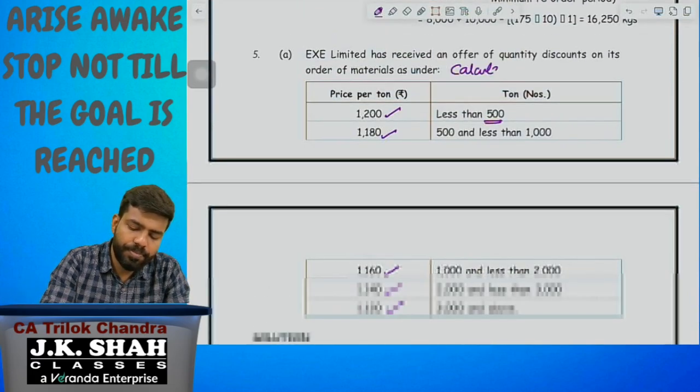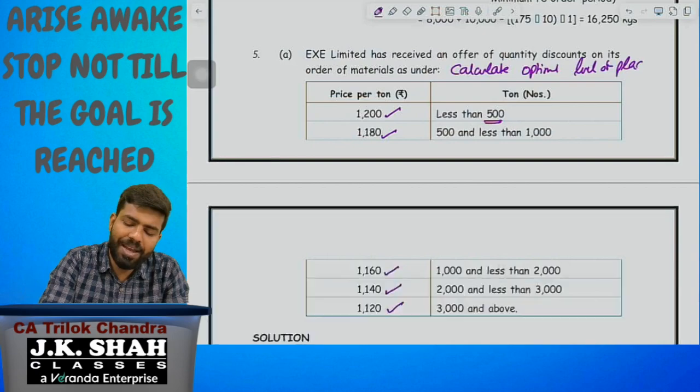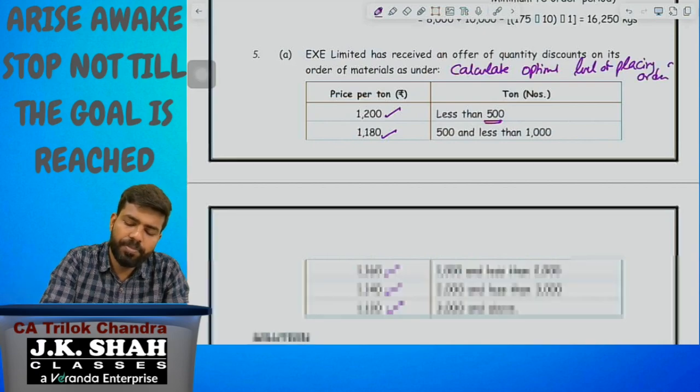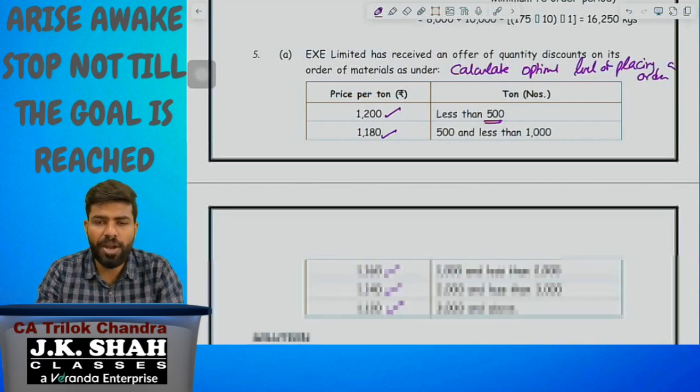Calculate optimum level of placing a order. Optimum level of placing a order. Now the point is,